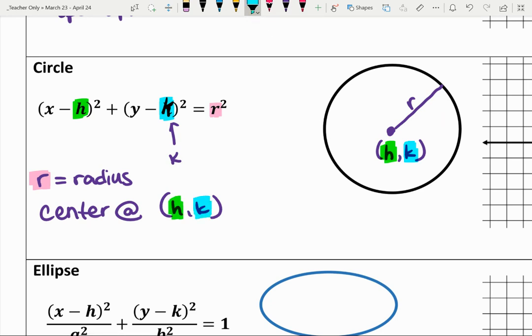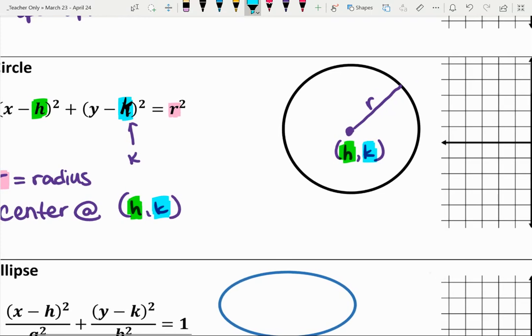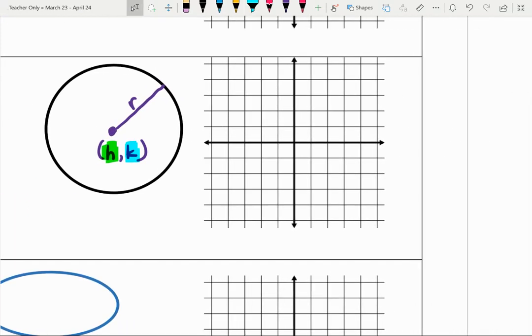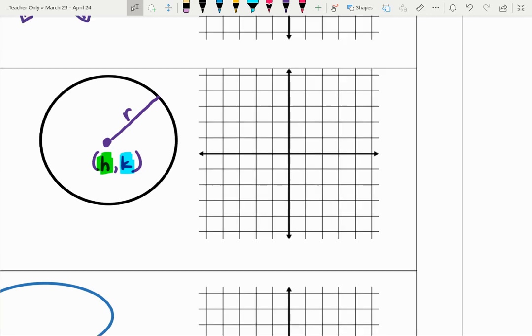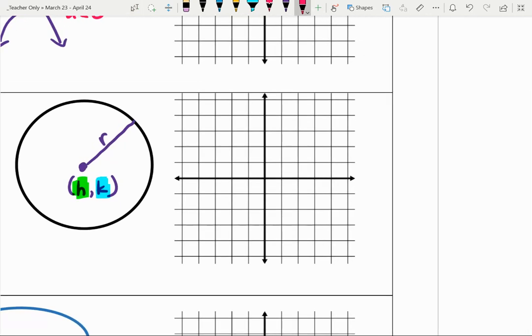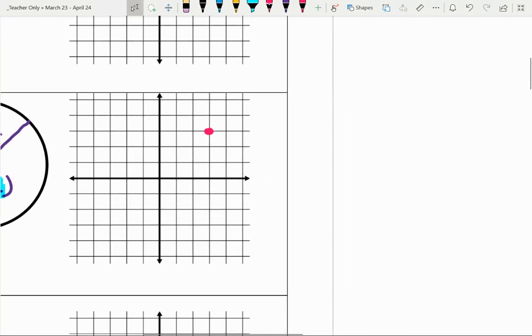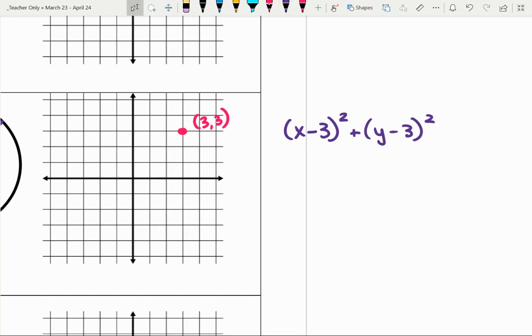So how would I use this to make my name graph? Let's say I need an O, and I want my O to be centered at the point 3, 3. So I know that my equation is going to have something like x minus 3 squared and y minus 3 squared, because those are my x and y coordinates. And then let's say I want a radius of 2,